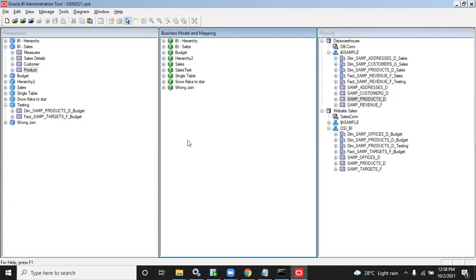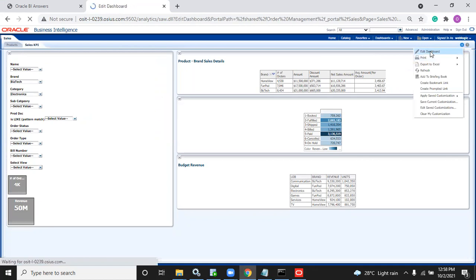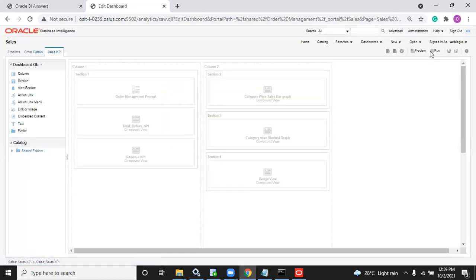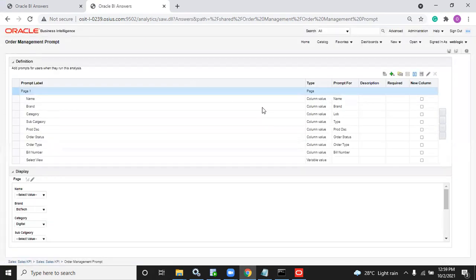Report and dashboard prompt, if both are the same physical table or alias table in the physical layer, then only is prompted will work. As of now, this is a different alias, you can see. So is prompted will not work. In this case also, we should go for a variable. Is that clear? So when will you go for a variable? When you have reports developed from different tables, even with common columns like brand, but the tables are different in the physical layer, is prompted will not work. In those cases, we go for a variable. So how to enable the variable on this column?